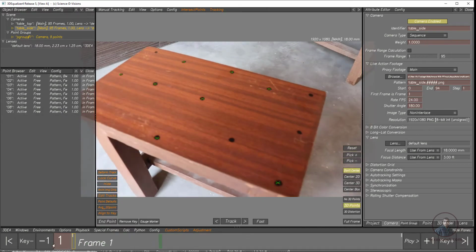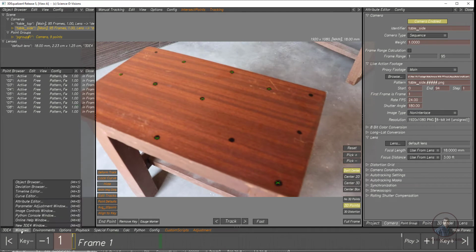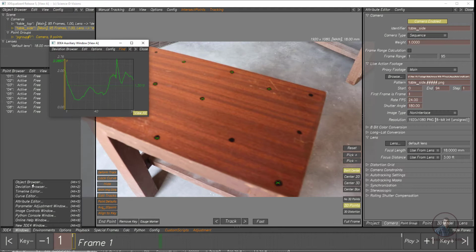After this I am going to check some deviation values here, then click on Window, Deviation Browser here. So this is a little bit high because some distortion is here, so I am going to adjust lens distortion here.